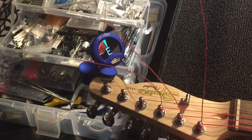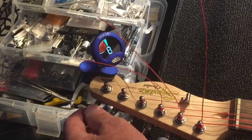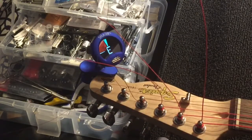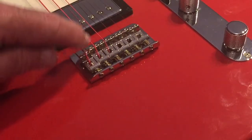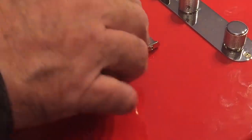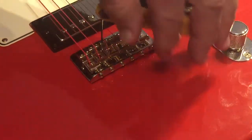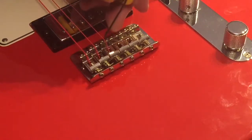Let's get a little crazy. So if they're a little sharp, that's okay, because they're all going to come down again real quick. All I got to do is get a pick and play it a little bit. I'll be right back. All right, so what I got to do is raise the string height just a little bit on each of these. They're all just a little bit too low, and I just want to buy a little bit of height. So I'm going to give each one a full turn and then make sure that they're level,